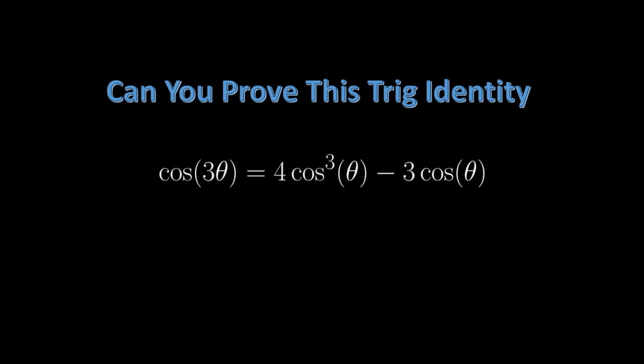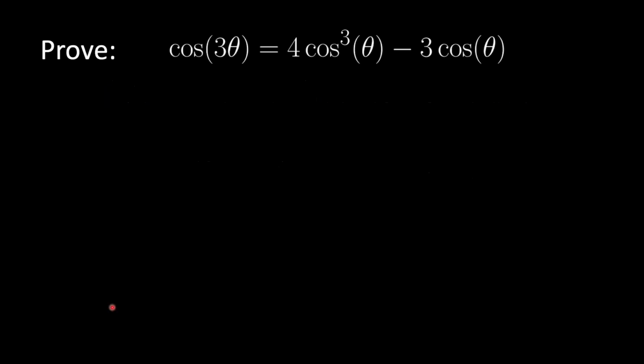In this video, I will be solving the triple angle identity for cosine step by step and then verifying the solution on MathLive.com. So we can see that the equation for the triple angle of cosine is that the cosine of 3 theta is equal to 4 cosine of theta cubed minus 3 cosine of theta. The question is, how do we know that to be true? How can we derive this equation?